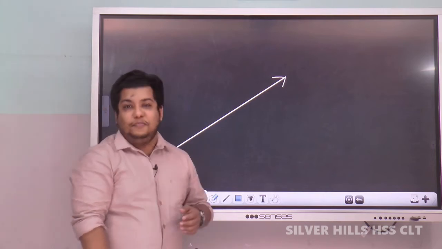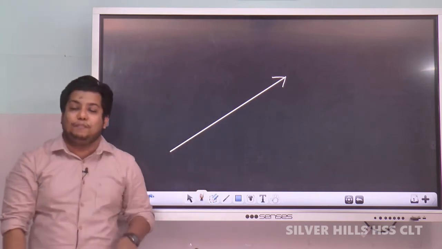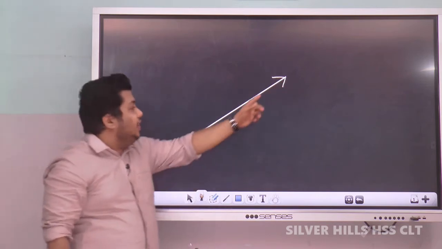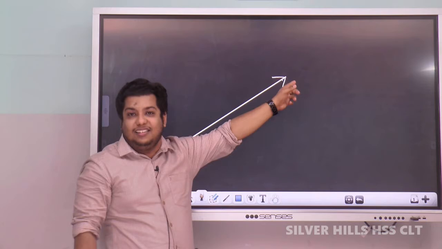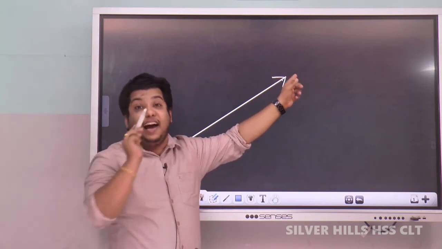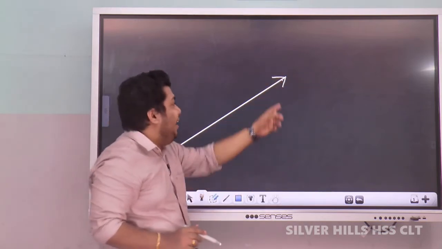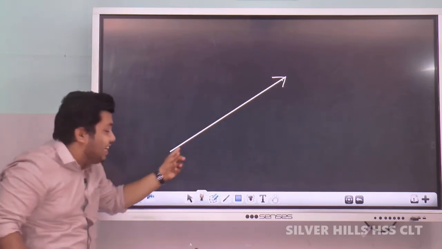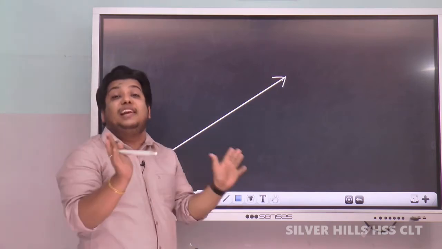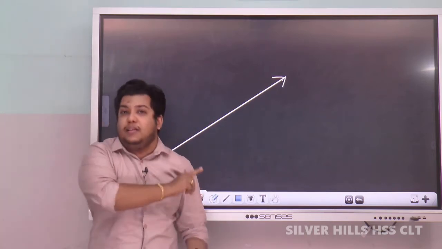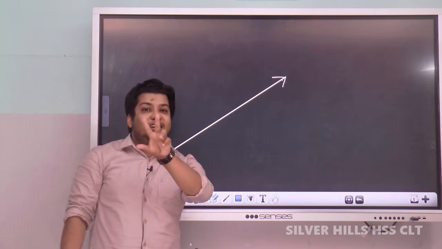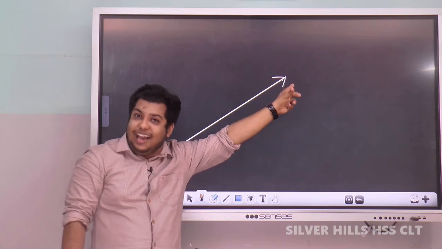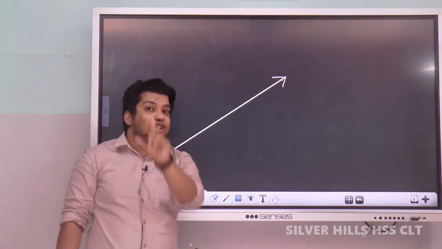This is a vector. A vector consists of two components, called head and tail. This part is called the head of a vector. The head represents direction, and this is called the tail. The tail represents magnitude. So in the graphical representation of a vector, there are two different terms, head and tail. Head indicates direction and tail represents magnitude.